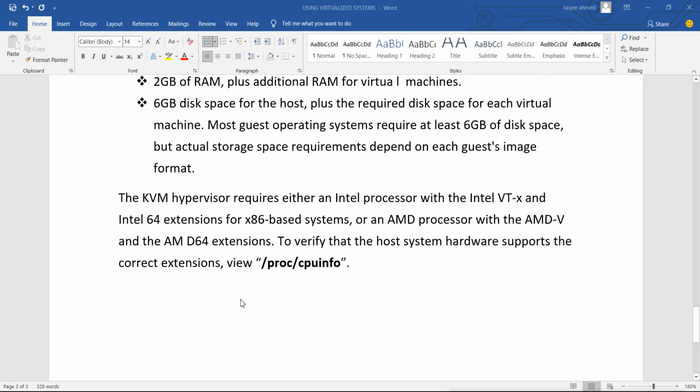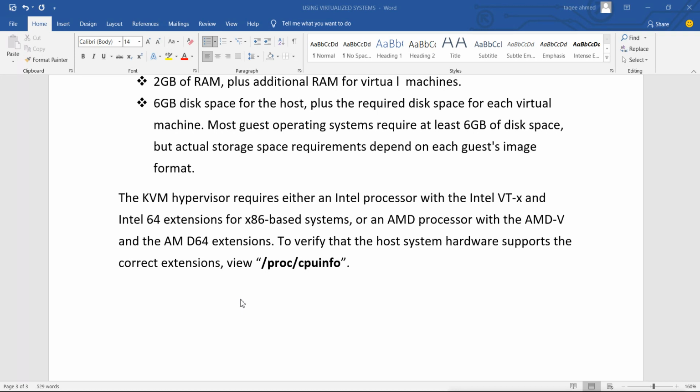Then the KVM hypervisor requires either an Intel processor with Intel VT-x, which is a virtualization supported processor technology, and the Intel 64 extension for x86 based systems, or if you are using an AMD processor, then we need an AMD processor with AMD-V and the AMD64 extension.